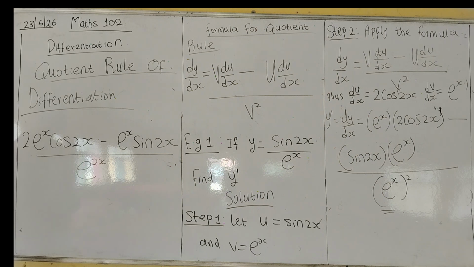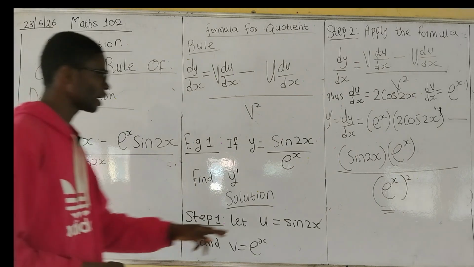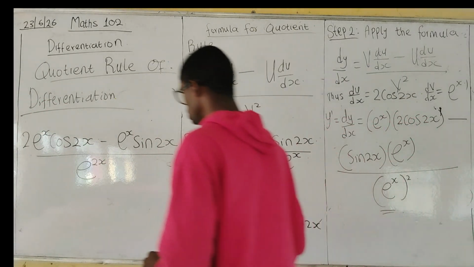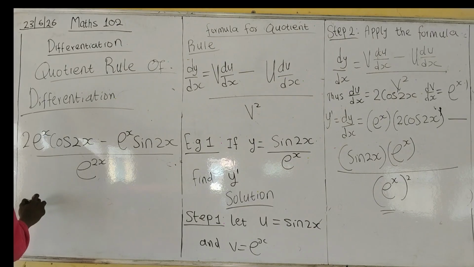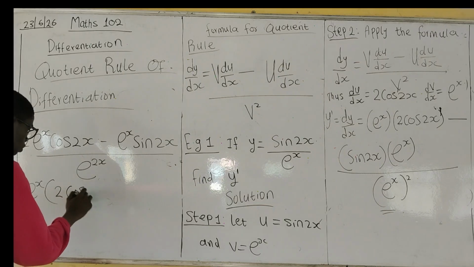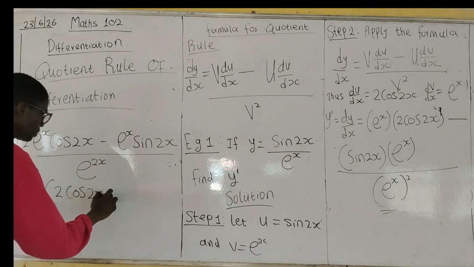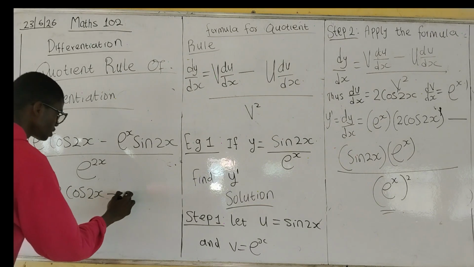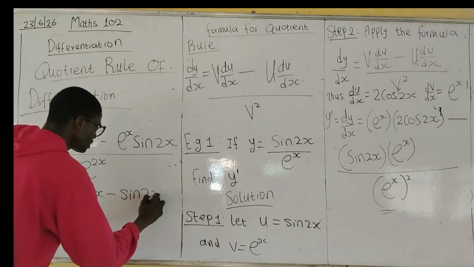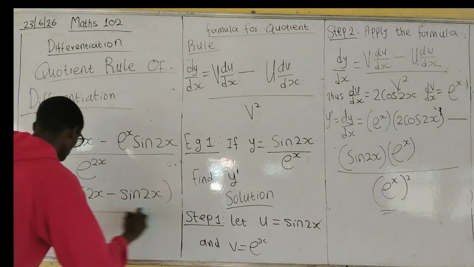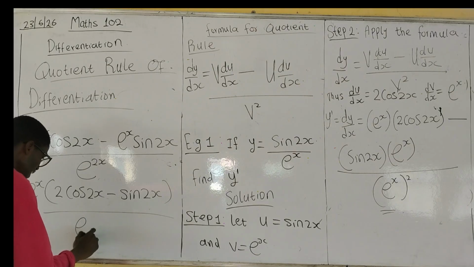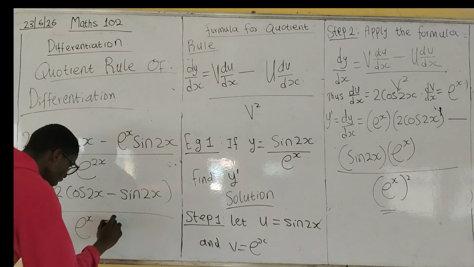Can we further do something? No. Did you say no? We can still do something. Because even from here, I would have done it, but I just wanted to see why I'm doing what I'm doing. Here, I can factor out exponential x. So exponential x comes out. We have 2 cos 2x minus sine 2x over, this is the same thing as saying exponential x times exponential x,